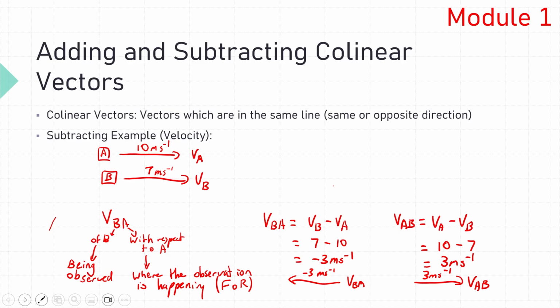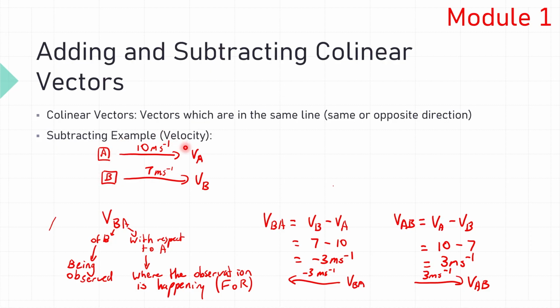Here we were looking at relative velocity in one dimension, and the idea that if you've got two objects moving in the same direction or directly opposite directions, observers in both frames of reference will observe the scenario very differently. So if you have car A and car B and one person in each, car A will observe car B moving backwards, and car B will observe car A moving forwards.